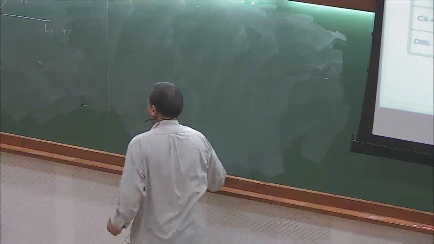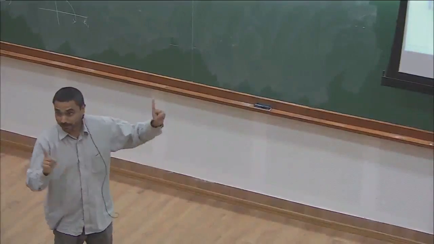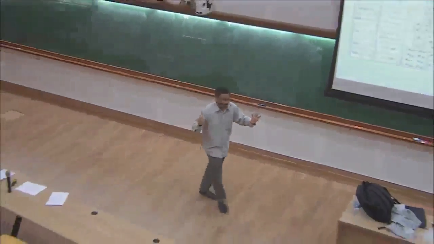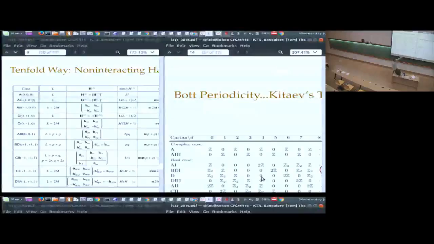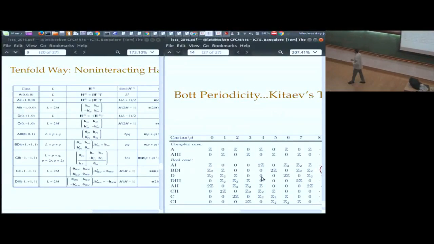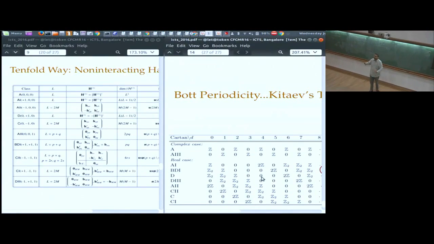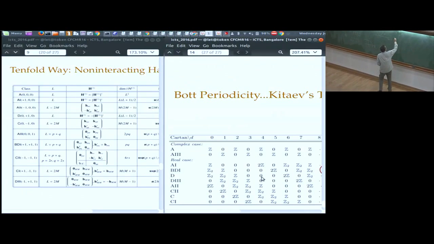Okay. Let me do a couple of real classes. I should actually do one very important class so that you see the Z2 come out nicely. Let's take A1. Look at the table for A1 here. What is the Hamiltonian there? The Hamiltonian is the complex conjugate of itself, right? So A1,